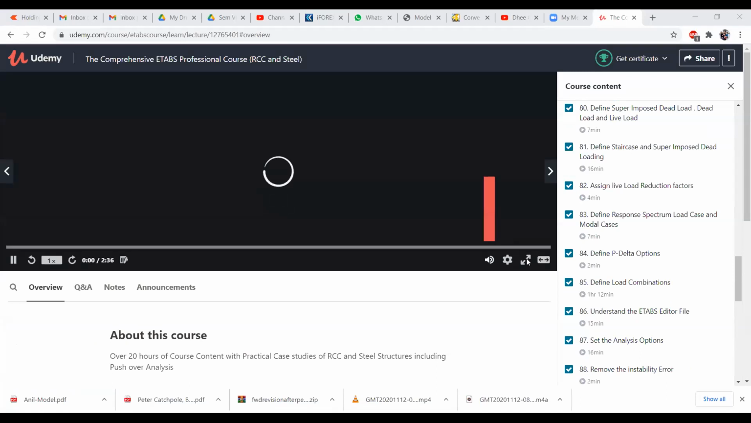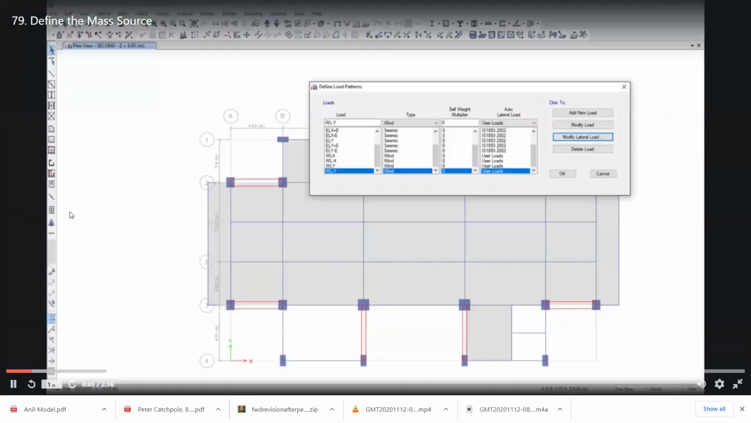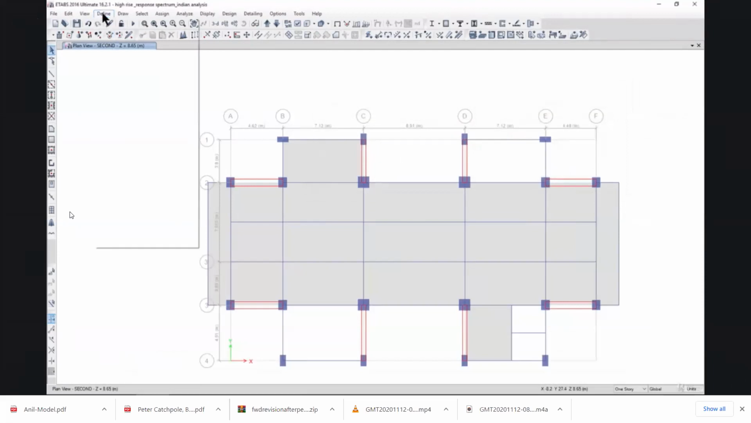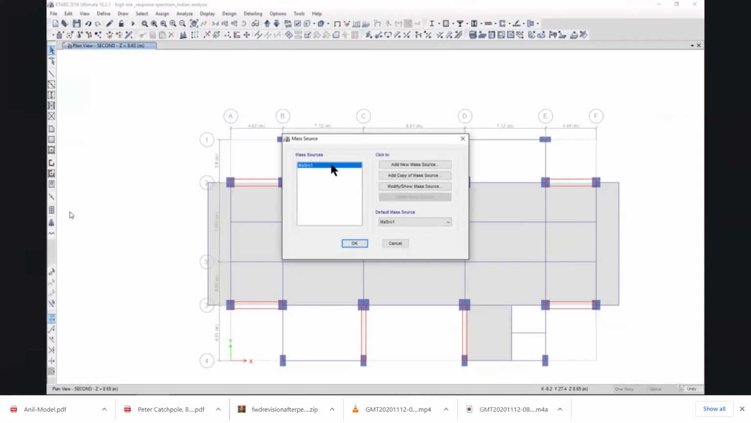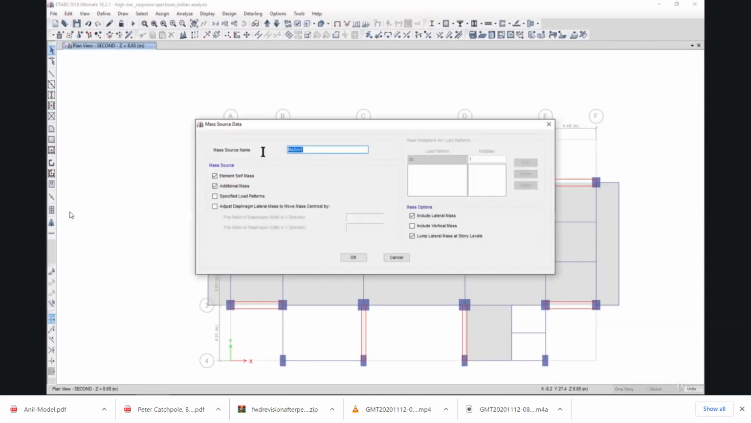So in this lecture, we shall define the mass source. Mass source is basically used to define the response spectrum function. So we left click on OK to close the load patterns option. After that, we go to define and mass source. Here you will see that by default some MSSRC1 is already predefined by ETABS. So we can left click on modify show mass source. We can name it as MASSSOURCE